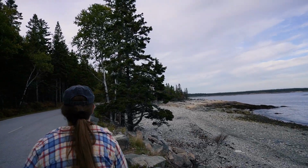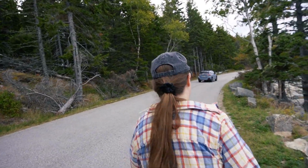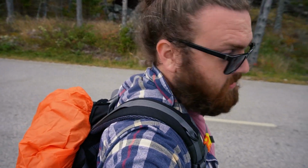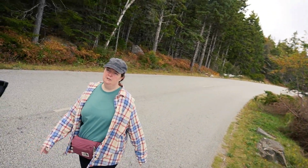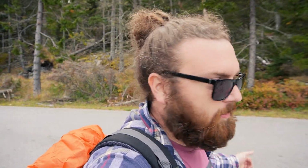Just a little update. We're still walking on a road, and there is traffic. But everyone seems to be paying attention. Shout out to me for putting on Candace's backpack waterproof cover that's bright orange. Another update, my feet very much hurt. Very much so. The asphalt is not helping. Yeah, who wants to walk on asphalt? I mean, we knew it was walking on the road, but...